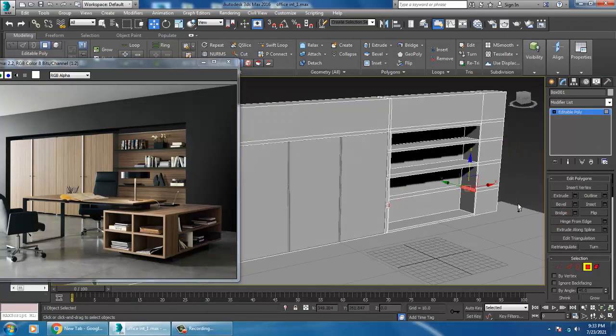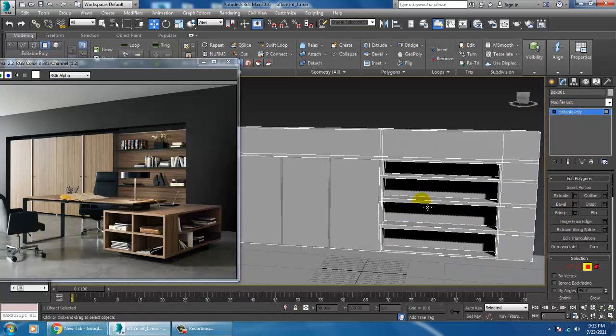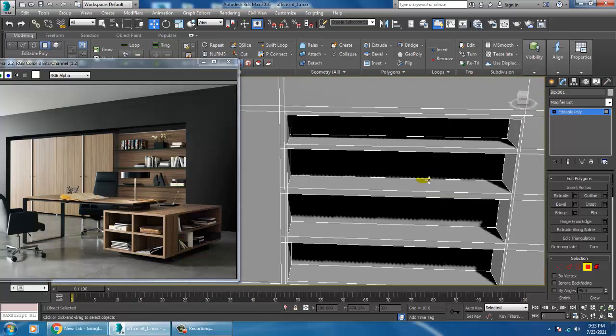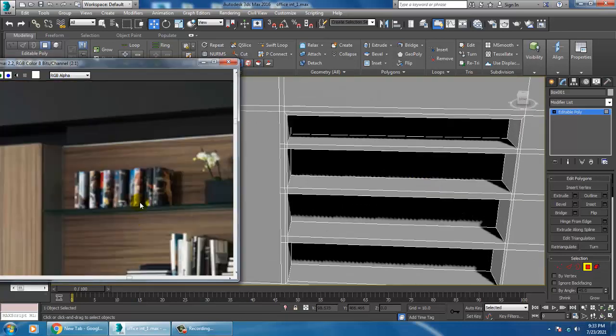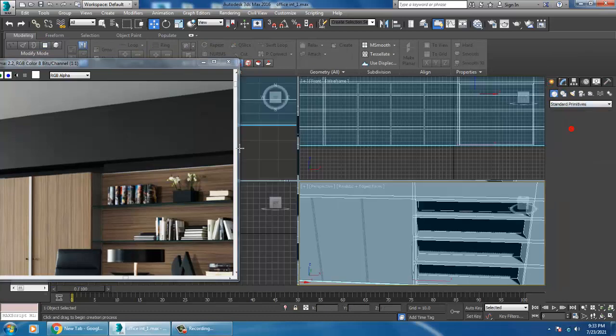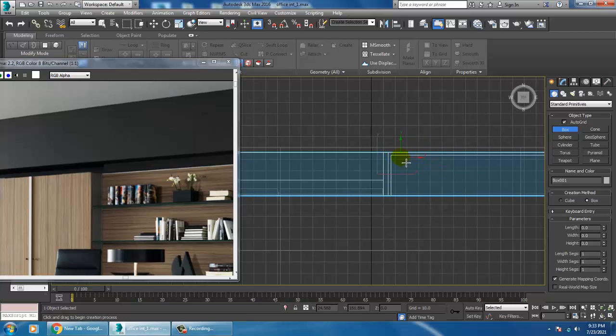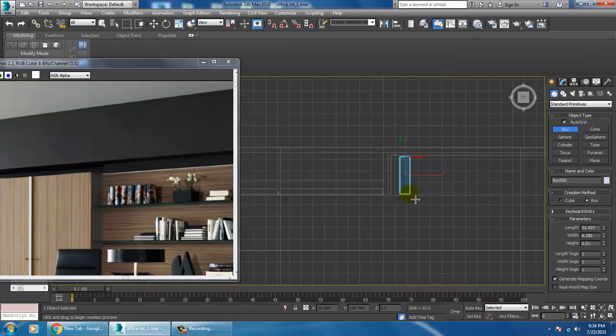We are going to bridge this element over here. Let's just save your file. Definitely we'll be going through some details, like we have some books over here. So let's go to the top view and create some books over here.